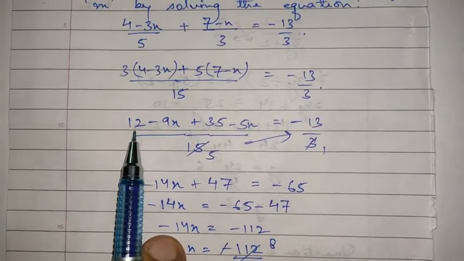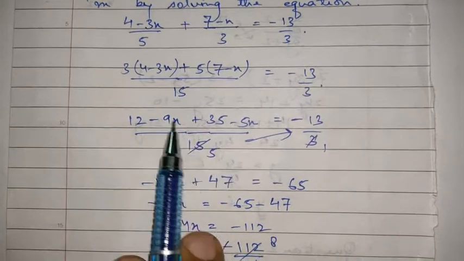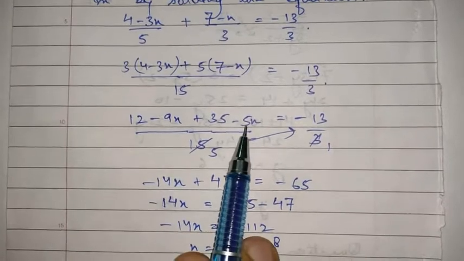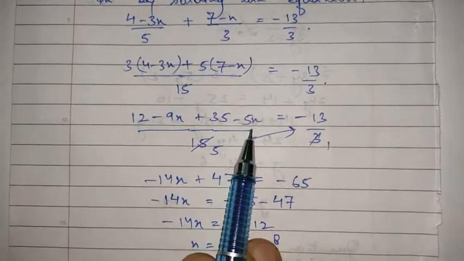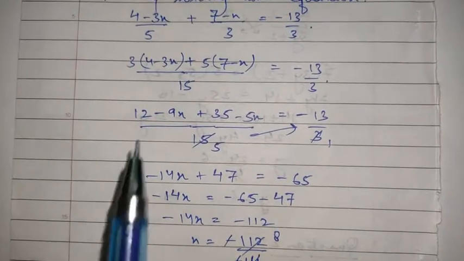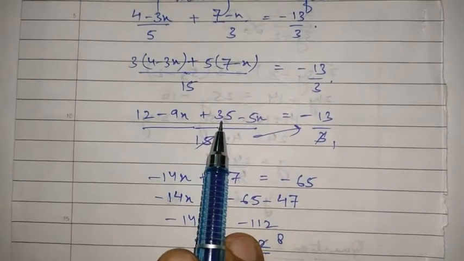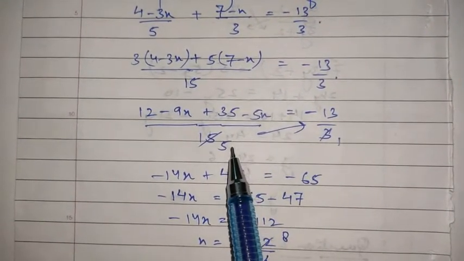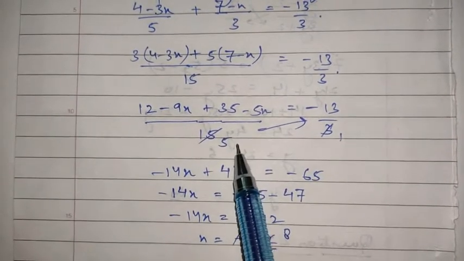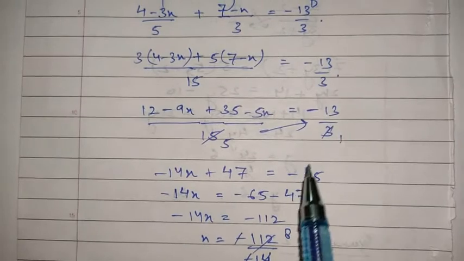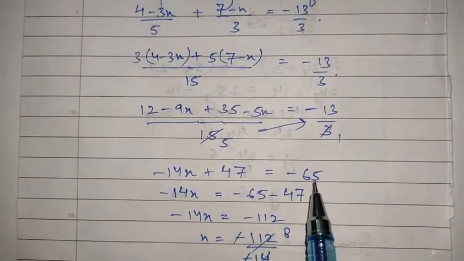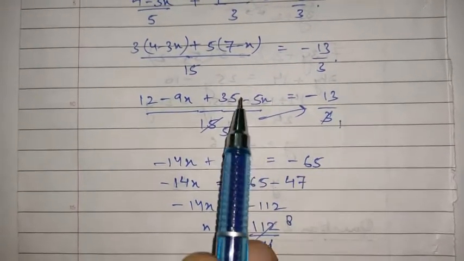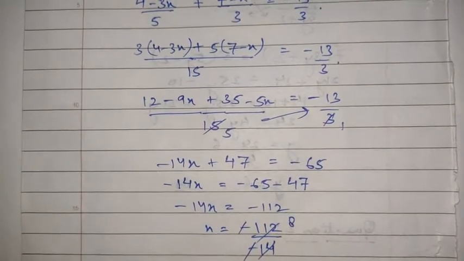Now as you can see on the left hand side of the equal to sign, we have again got two like terms present over here and two other like terms, which we are going to solve. Minus 9x and minus 5x, minus minus is plus, so minus 9x and minus 5x will give us the value minus 14x. Similarly, plus 12 and plus 35, plus plus is again plus, so 12 plus 35 will give us plus 47, equal to, now as you can see there is just 5 left in the denominator part, so if I cross multiply it, this will give us 5 into minus 13 as minus 65. And on this side of the equal to sign 1 is left, so 1 whenever multiplied to any value will give you the same value, so there's no need to do that.